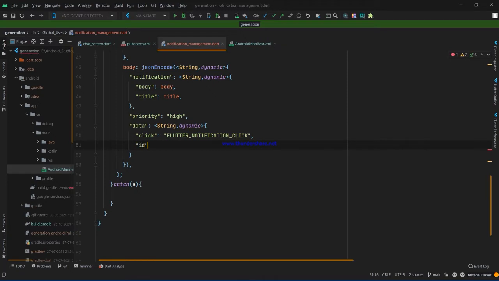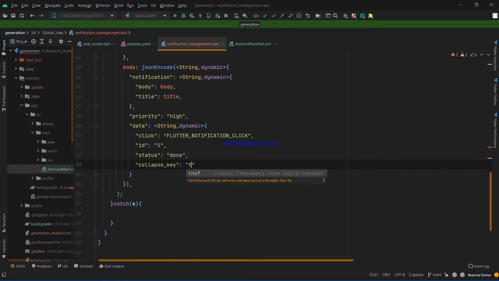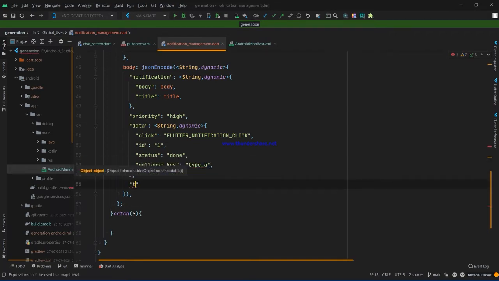and then we provide the ID, and ID we pass as 1, and then we have to pass the status will be done, and then we have to provide a collapse key, and that will be a form of type A. Okay, and then we have to pass whom, so we have to pass the token as well.